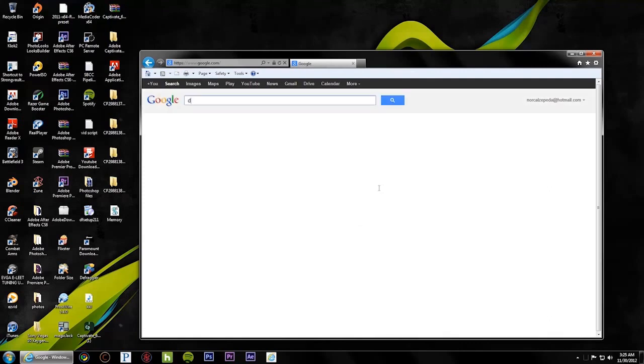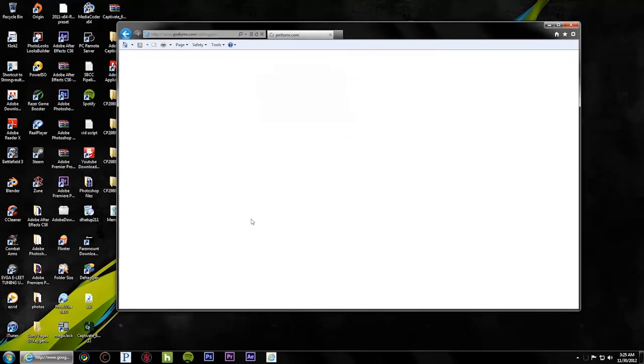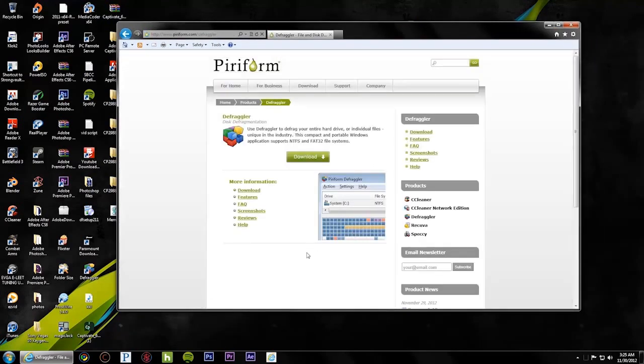And we're going to search for Defraggler. This piece of software is by Piriform, and all you're going to want to do is download the file, run it, and install it. While you're at Piriform, you'll want to get CCleaner if you haven't already, and CCleaner is